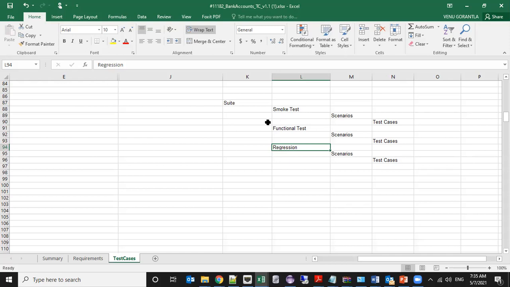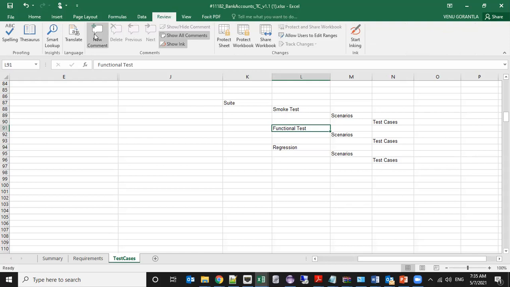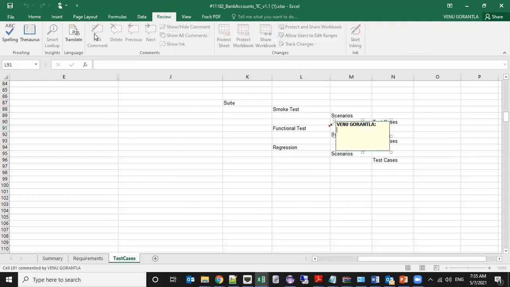Now before doing this functional testing, you have a precondition. What is the precondition? Database connection. Connect to the database. And then you will have another one after that, the cleanup activity.